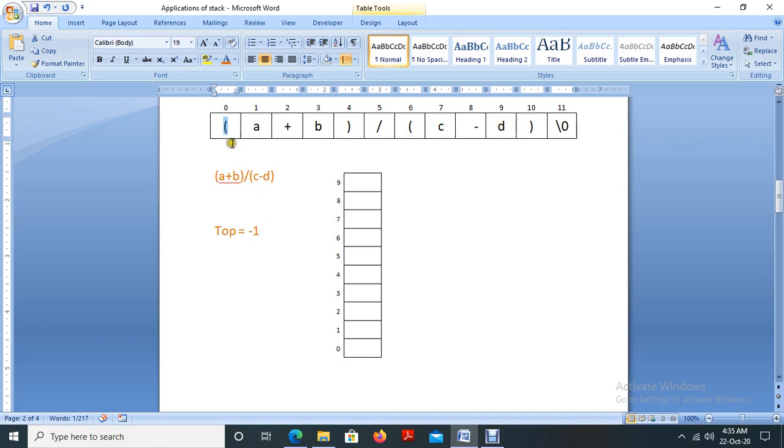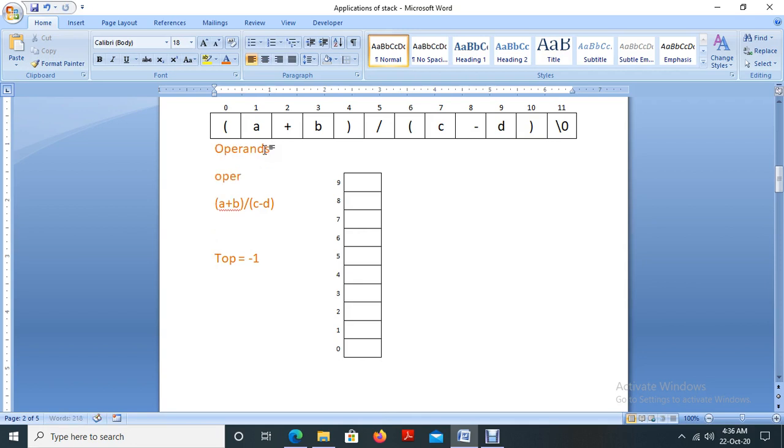The first step is to verify whether this is an open bracket. In this expression we have brackets, then operands, then operators. Operators are plus, minus, slash, etc. A, B, C, D are operands. So operands and operators, these are the two cases here.